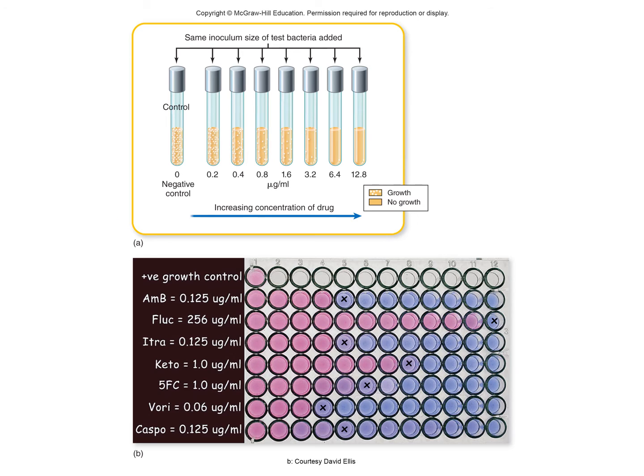It's actually color coded. It's showing you that when it's completely blue or that purple, there's no growth. They actually have a pH indicator in this particular sample. For fluconazole, it's well 12 where there's no growth. Whatever concentration that is going to be the minimum inhibitory concentration. Voriconazole is number 4. Anyways, it's showing you the first tube's concentration and then going up from there. So this is the tube dilution test. It's giving you a quantifiable amount of medication at its lowest inhibitory dose that you can use to get rid of the infection.